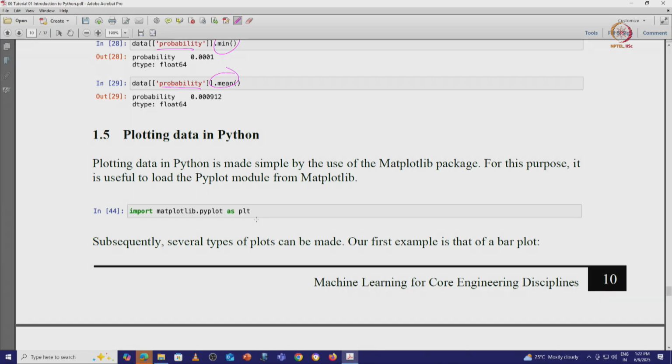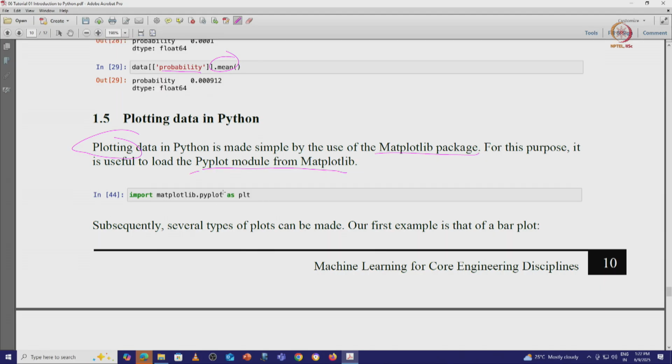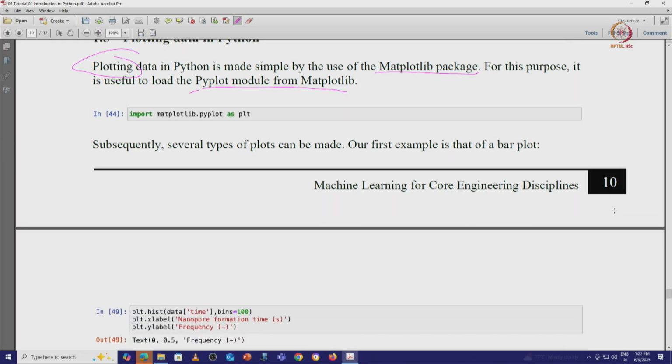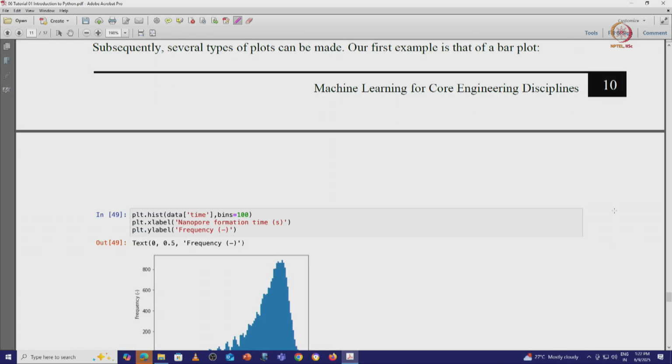I have also included in this tutorial how you can plot data, and like I had mentioned earlier, this is done through the Matplotlib package. For this purpose it is useful to load the pyplot module from Matplotlib. So I am loading matplotlib.pyplot as plt and then you can make several types of plots. You all know that data can be visualized using a bar plot, scatter plot and so on and so forth. So here I am showing a histogram of the data. So plt.hist gives you a histogram,